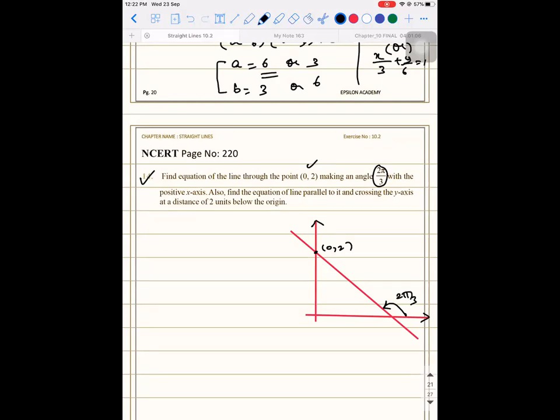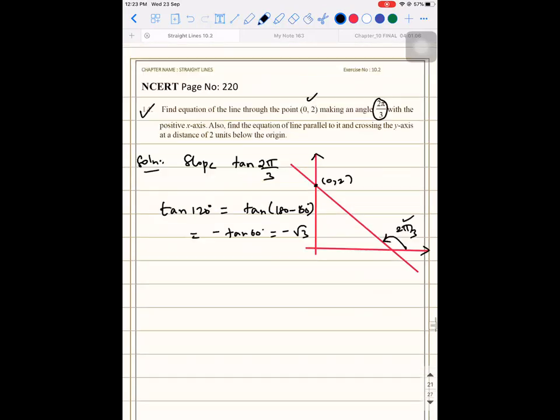So by giving this angle, what have they indirectly given us? Slope. So what is the slope? Tan 2 pi by 3. What is tan 2 pi by 3? That is tan 120, that is tan of 180 minus 60. Okay, that will be minus tan 60. See, I'm writing all these steps only for your understanding. You should not do all these things in exam. Directly write minus